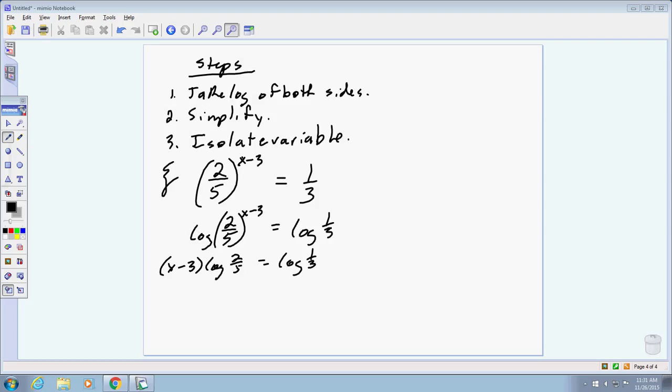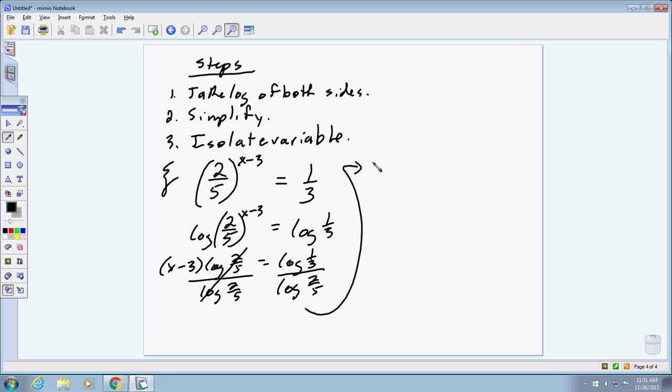Now, let's go the other way. So instead of multiplying into the brackets, let's divide by log of 2/5. So instead of going through the process of multiplying it in, get rid of it right away. So now I've got, I'll put it up here, x minus 3 equals the log of 1/3 divided by